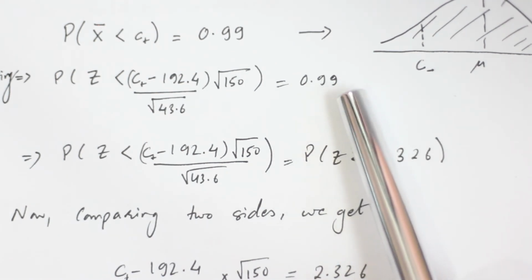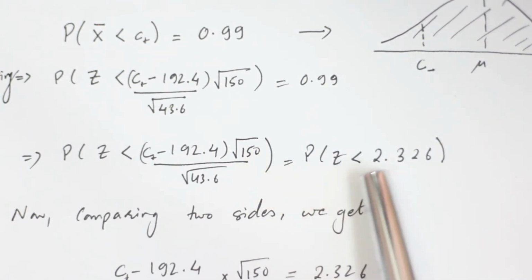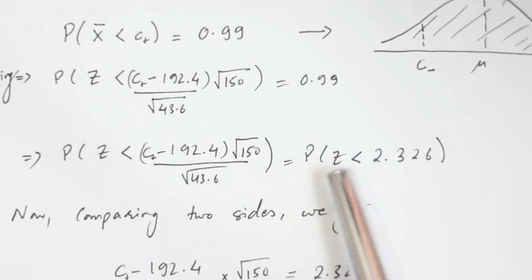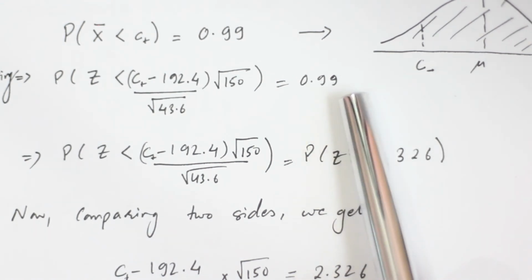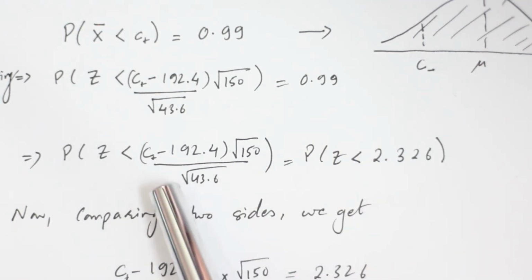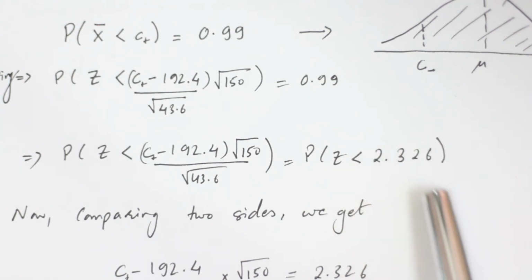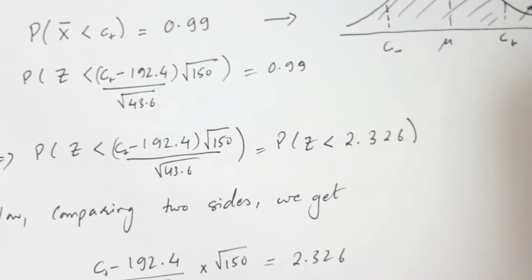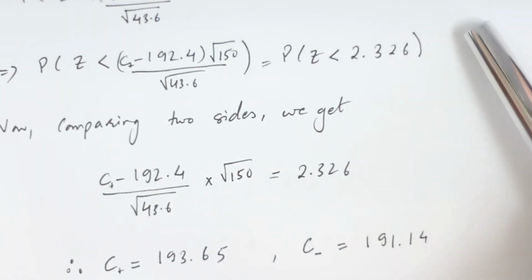So if you do an inverse normal distribution, you'll basically get this one. Or in other words, probability of z less than 2.326 is 0.99. So when we compare both sides, this quantity has to equal this quantity, right? So when we equate that quantity, we basically have